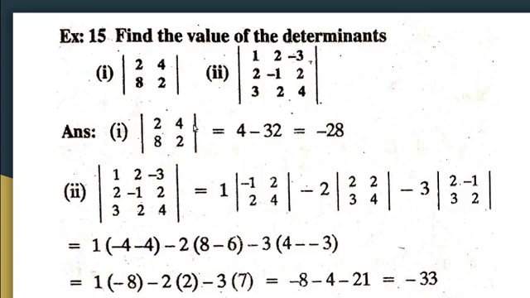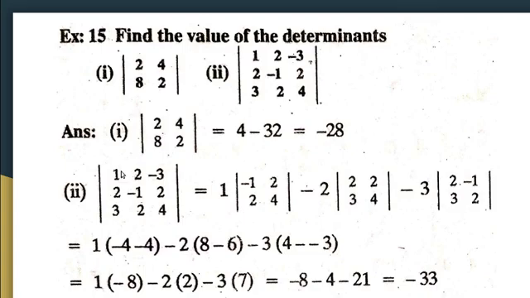Here also we are doing the same thing. Take the first element, strike off that row and column, then find the determinant of the remaining value. There is only one element, so 2 into 2. Then for the second element put a negative sign, minus 4, then strike off that row and column. There is only one element, so cross multiply with that element. So we will get the determinant value as minus 28.